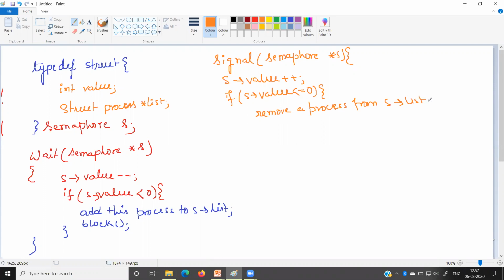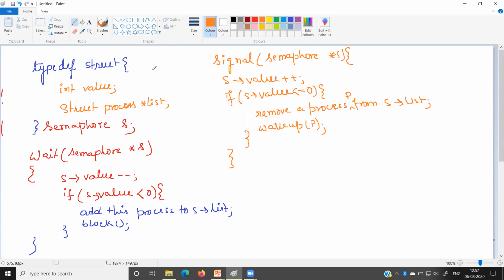So that means if the value is less than or equal to 0, that indicates some other process is present inside the list and we have to remove it, and we have to wake up this process P. So remove a process P from the list and wake up P. Fine. Then we will close the if block, and this is the close of the function. So that is all about the wait function and signal function of the semaphore variable.